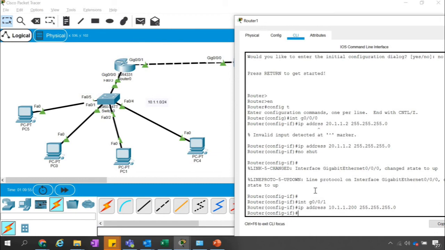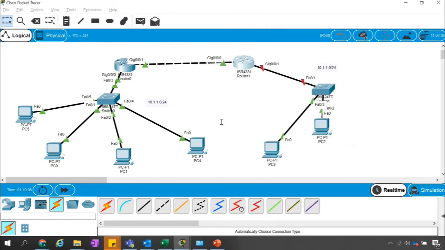Okay, so you said that we can assign that IP address here as well. There's no issue here, but still it is not recommended. I should say we can do it, but it is not recommended to have the same network here and the same network somewhere else in the network. It is allowed and does not give an error because they are interfaces of different routers.